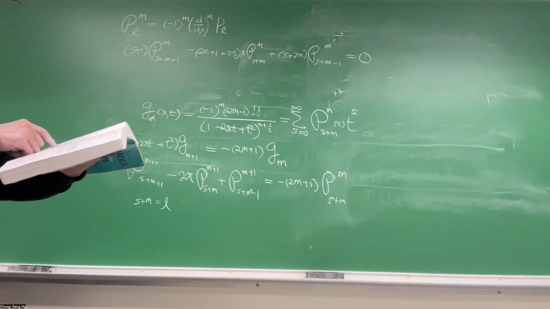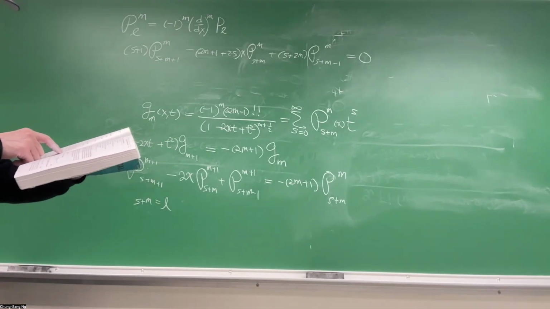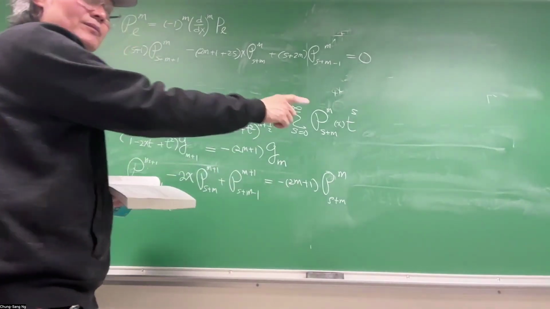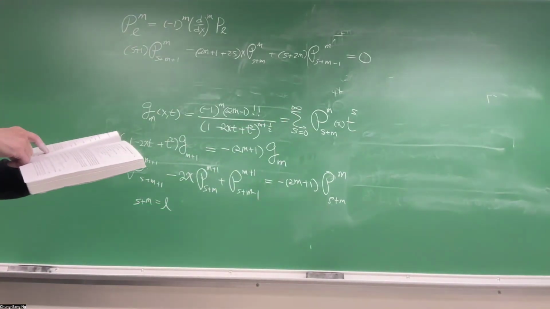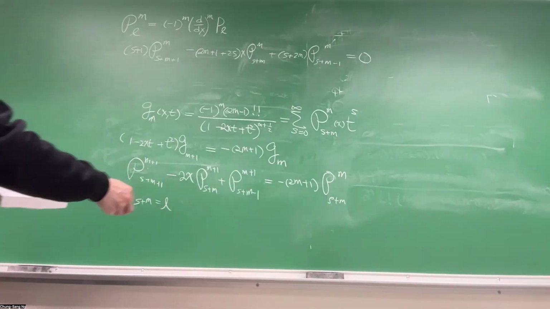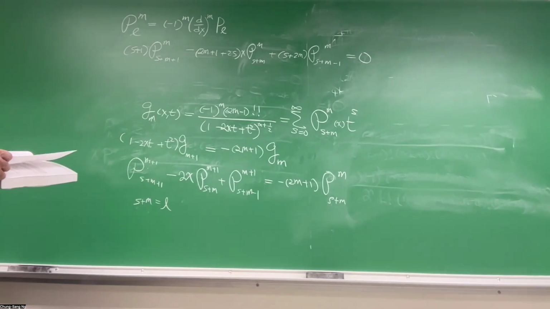I haven't talked about that, but the next step would be going back to the associated Legendre function. Say you look at 15.87. After some manipulation, you can get a recurrence formula that involves the same L, but different M. So that's 15.87, but that is coming from these two, and then the definition of the associated Legendre function, which is given by